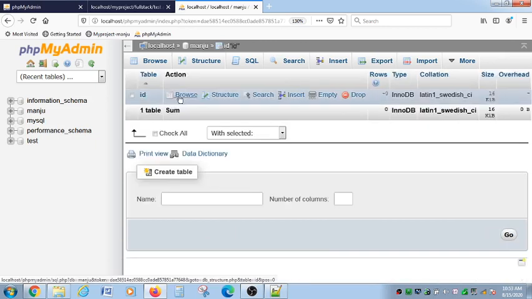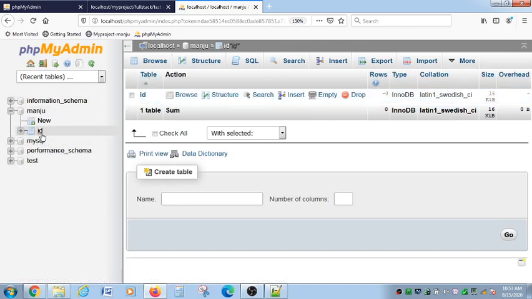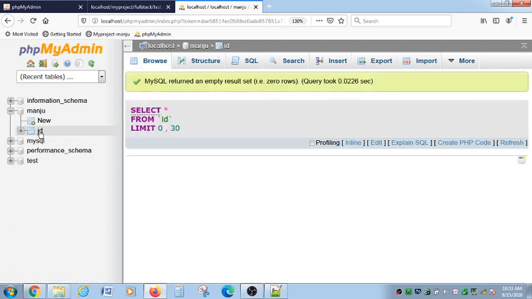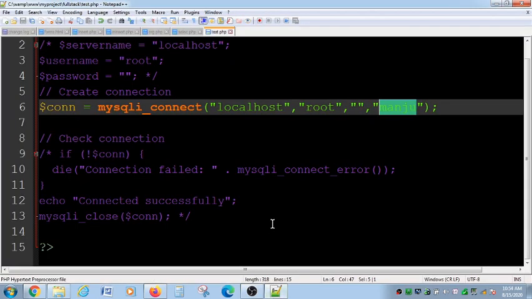So this is this particular part of information. If I click Manju, the table name I have given as ID, and inside ID I am having 2 columns, ID and name. Let us see.